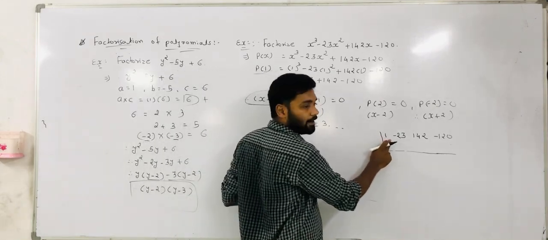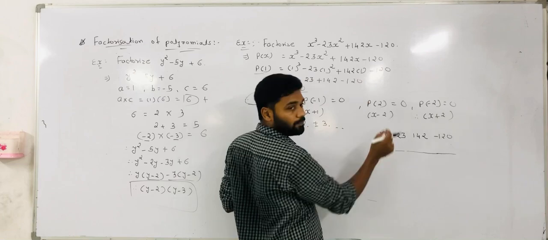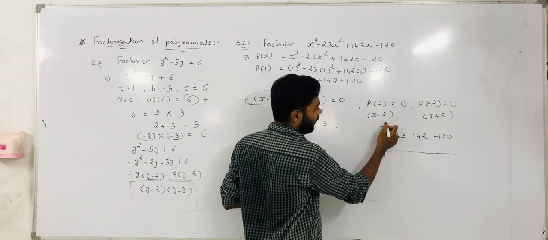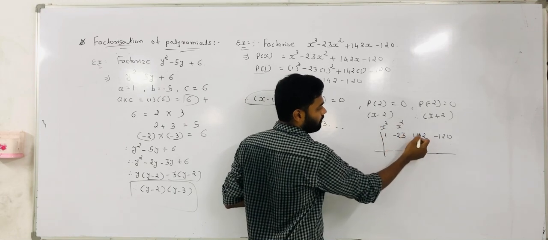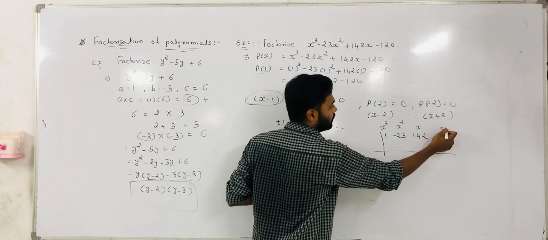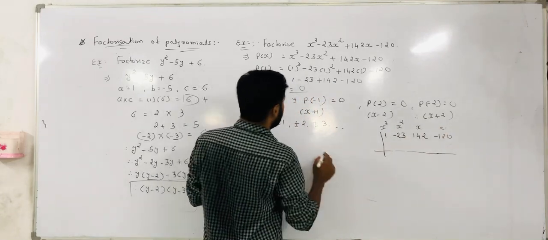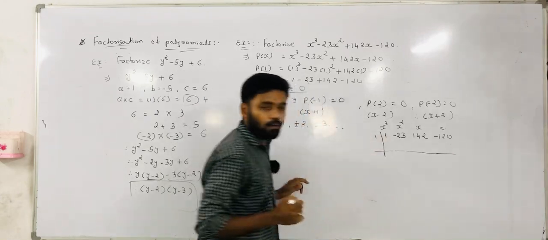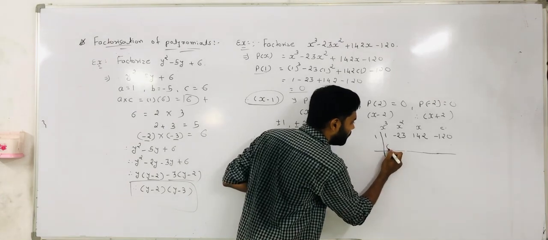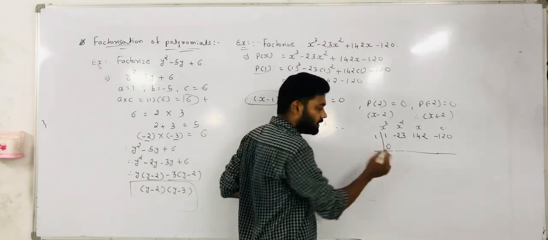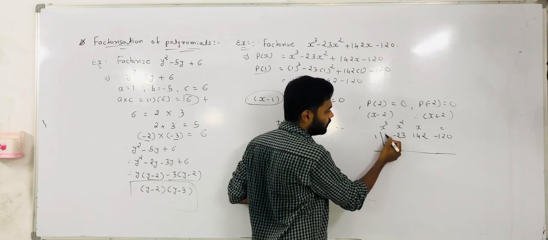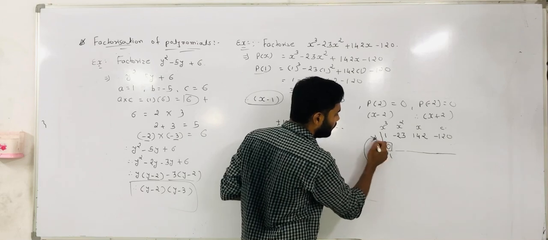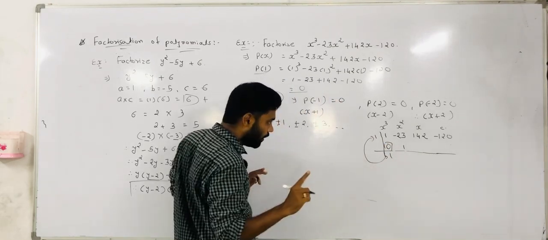See, what did we write here? The coefficients of the cubic polynomial: the coefficient of x cube, the coefficient of x square, the coefficient of x, and the constant term. Then, for which value did we get 0? For 1. So write down 1 over here. Here you must keep 0, compulsory. Here 0 will come. Then addition, so 1 plus 0 is 1. Now multiply these two. So 1 into 1, you will get 1.